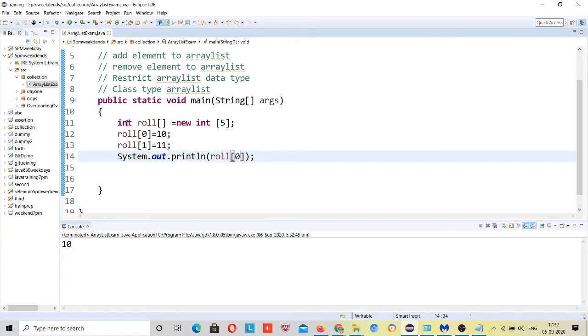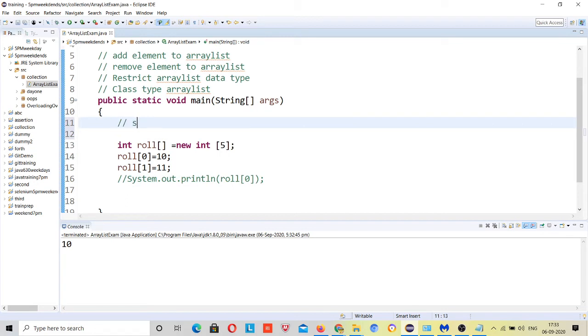You can only add the integer type, right. But suppose I have to add a student roll number, and I have to provide the name of a student.